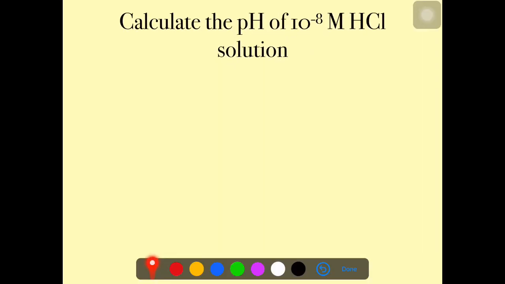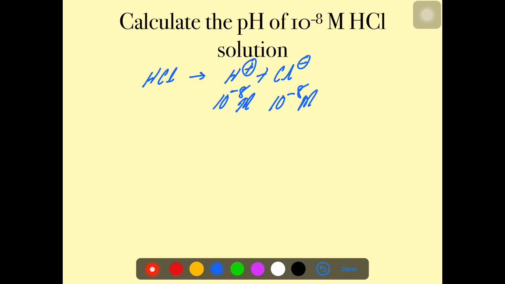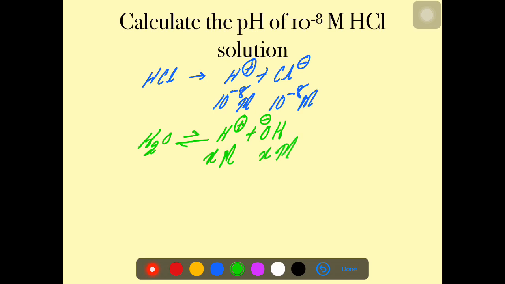So let's see how it works out. In this case, let me assume that HCl again completely dissociates to give me 10 raised to minus 8 molar H plus ion solution. However, we have to take into account dissociation of water also in such a case. So, dissociation of water. Now, let's assume the contribution of H plus ion concentration by dissociation of water is x moles per decimeter cube. In that case, the total concentration of H plus ions is 10 raised to minus 8 plus x.